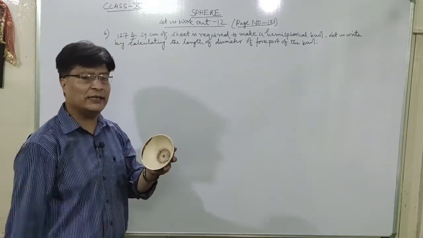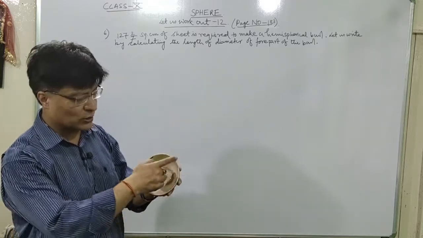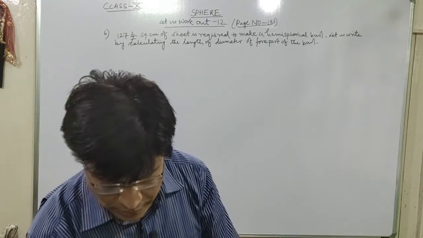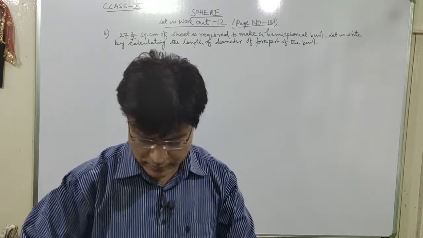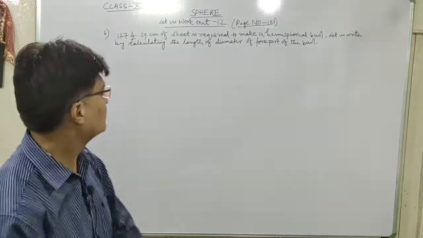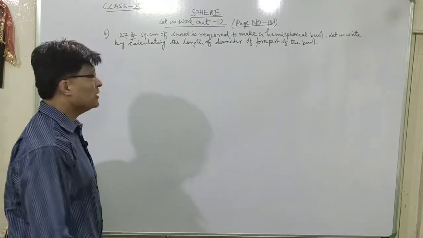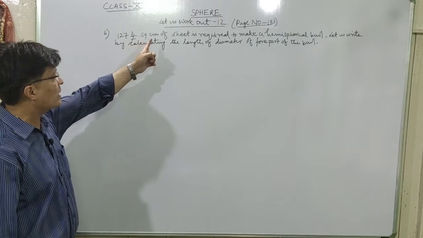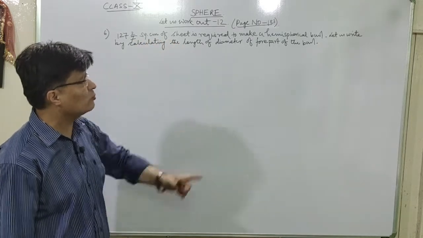So let us find out the diameter of the forepart of the bowl. So this is of circular type. Okay? So now let's do this problem. So now in this case it is given that 127 2/7 square centimeter of sheet is required to make a